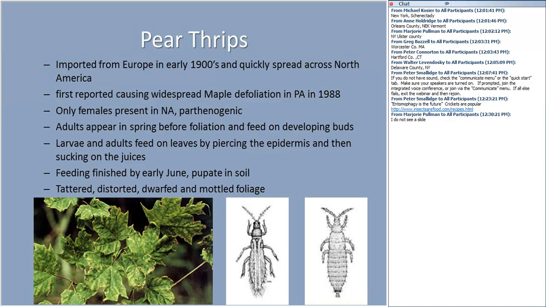The trees lose their leaves and they'll be forced to refoliate. And so this was actually very widespread. I remember the big infestation in 1988 had everybody really worried. But since that time, I've spoken with my colleagues, actually just recently, asking, has anybody seen pear thrips? And nobody's seen it really do anything since that time. And it's a very curious thing.